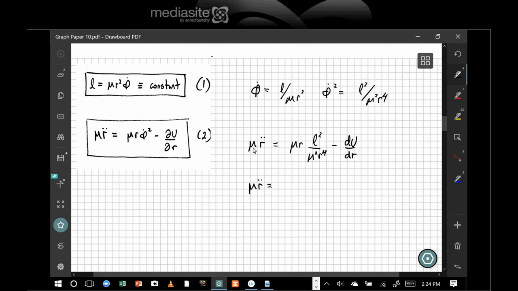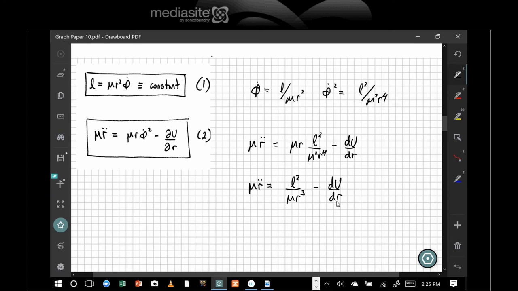Okay, so now what I'm going to do is I have my two equations of motion. I'm going to use equation 1 and solve for phi dot, which is equal to L over mu r squared. I'm going to square that, which gives L squared over mu squared r to the fourth. Then I'm going to take that expression and put it in equation 2, so then I get mu r double dot is equal to mu r times L squared over mu squared r to the fourth